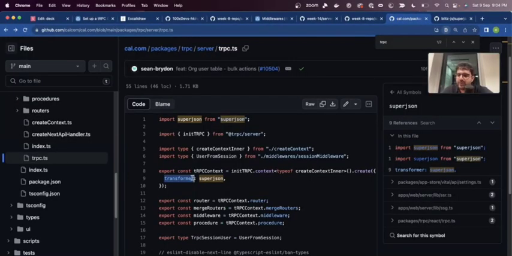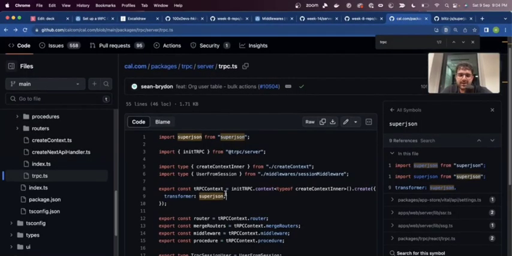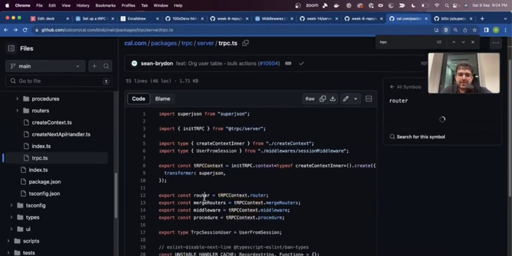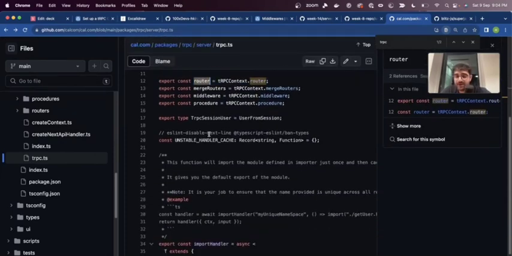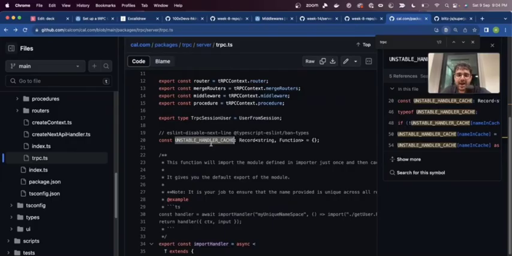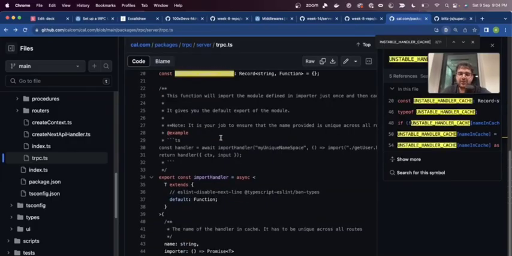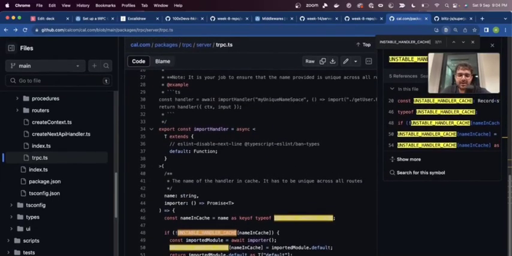What we wanted to cover tomorrow, but basically this is what we wanted to cover. This is how they've created their TRPC context. This is how they've created their router. They do one very weird thing here, which is this unstable handler cache. I don't know why they do it, but if you look at it,